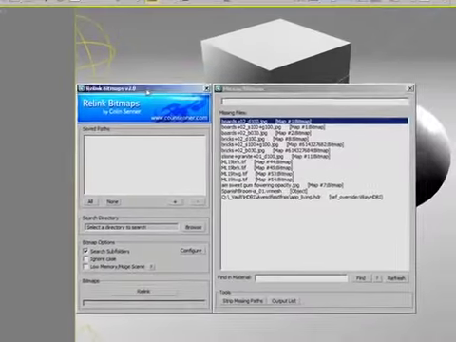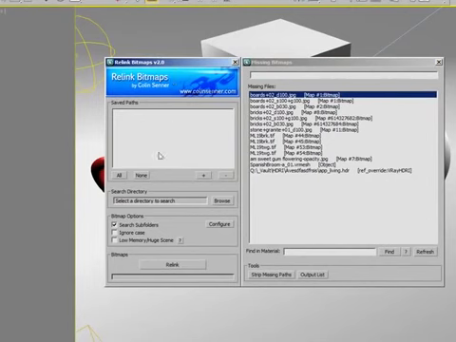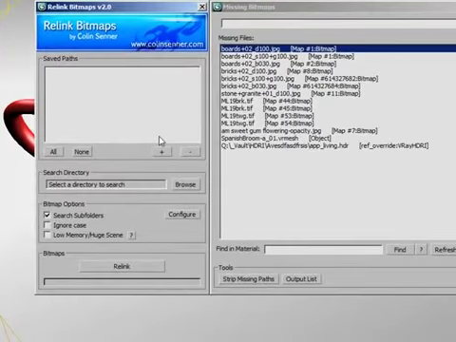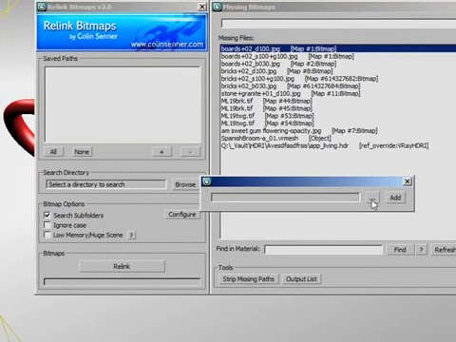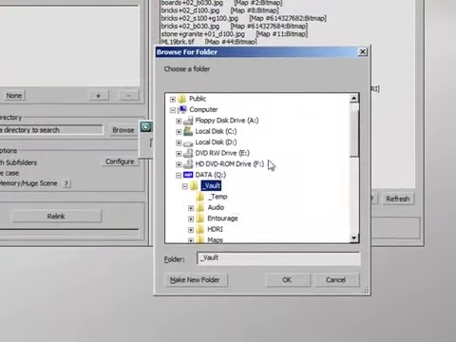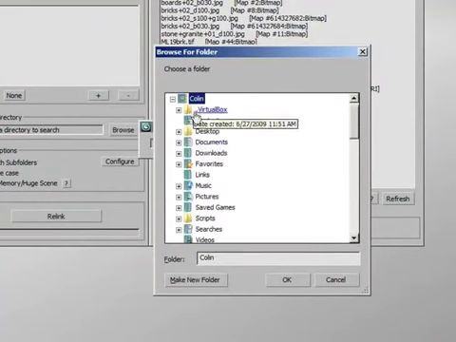Alright, let's go over the main interface real quick. This is the main Relink Bitmaps interface. Here we've got saved quick paths. So let's add a quick path. These are paths that you might use a lot for relinking. For instance, I've got a vault here that I almost always relink to, so I might add that. But for now, let's just add,